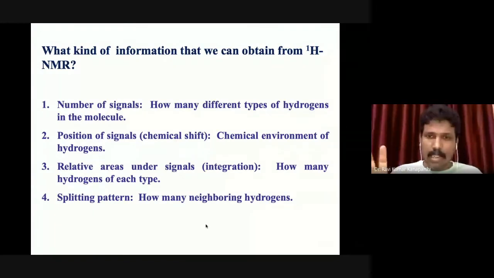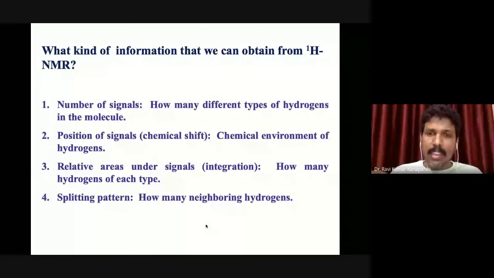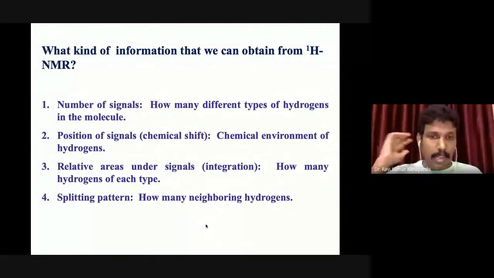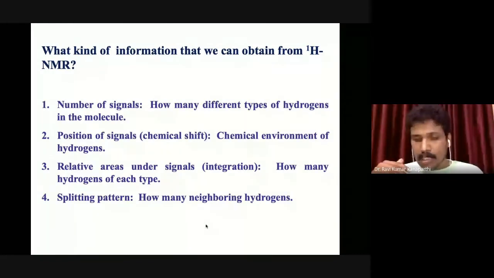How can it be done? This is a process of measuring the area under each NMR peak, and then normalizing it to a particular number, and then it will give you the total number of hydrogens. I will tell you that process as we proceed in the discussion of NMR spectroscopy. Right now, I think this is enough.